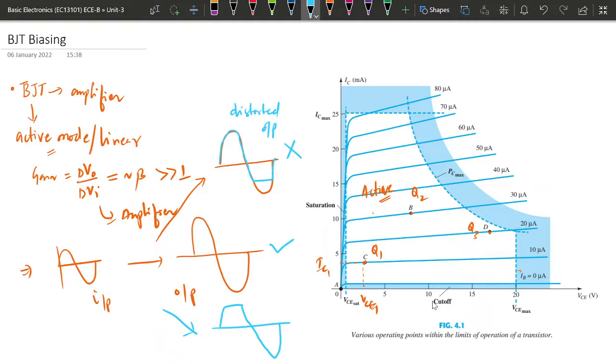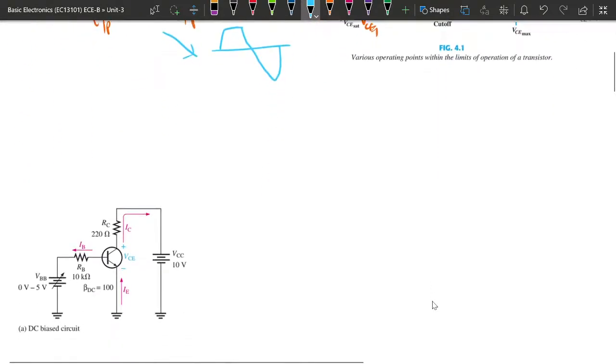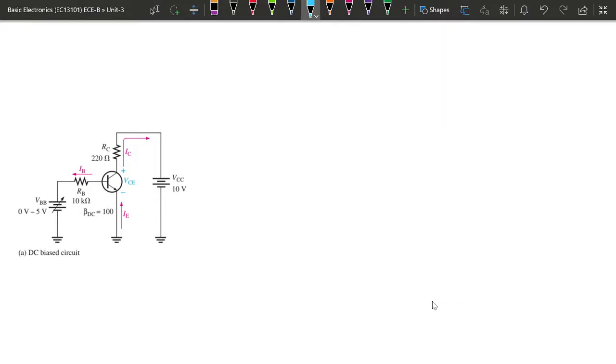Okay, so for that, suppose we have this as the amplifier circuit. So this is the common emitter configuration. Okay, so this is common emitter. The current direction is outward, that means this is the p side, this is the n side, and this is the n side. This is p and p. So the emitter side, or you can say the input side, is forward biased, and the output side is reverse biased.